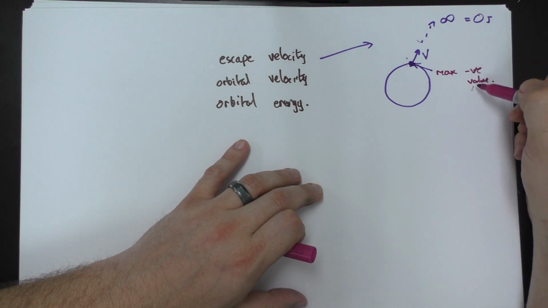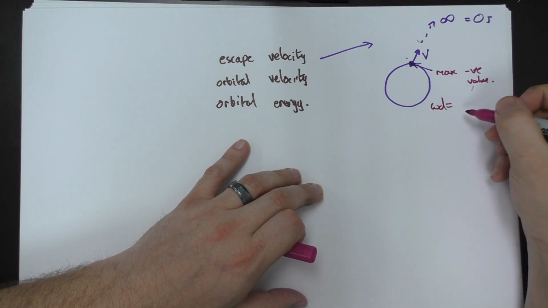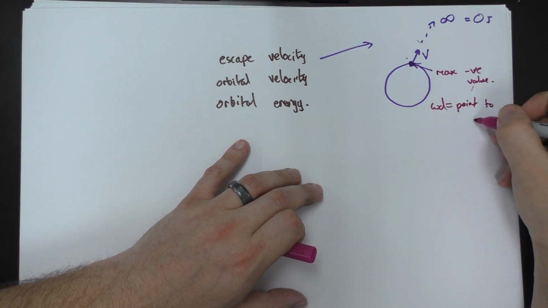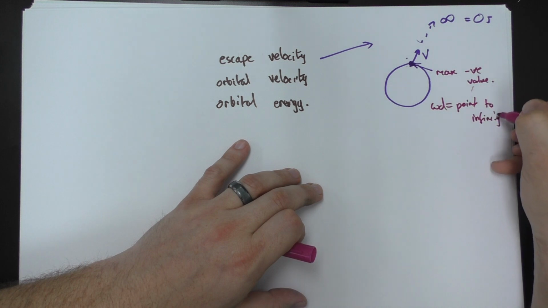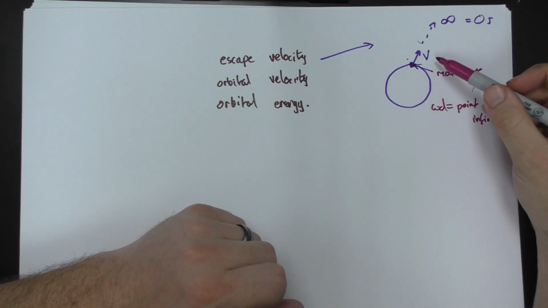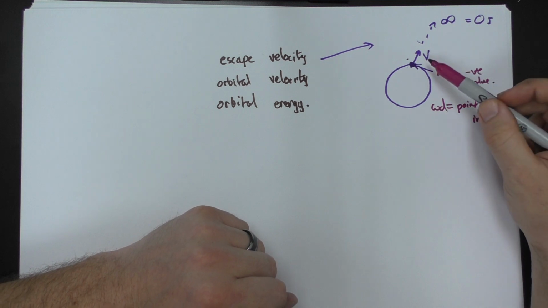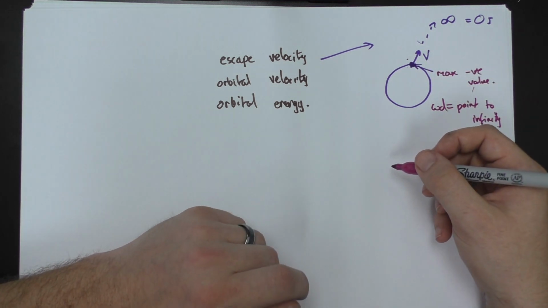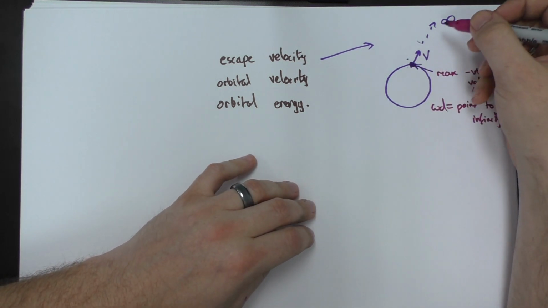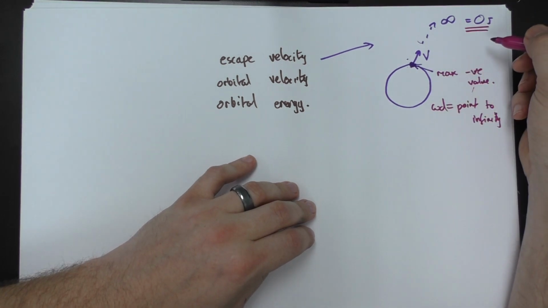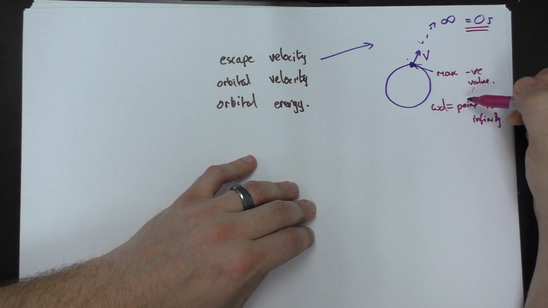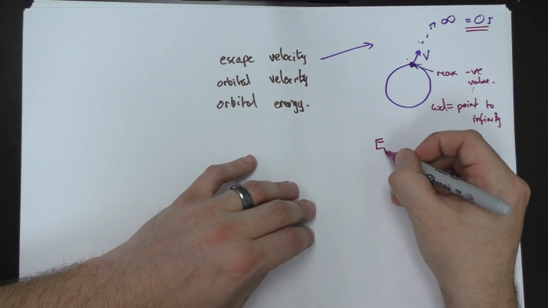So whatever this max value is, that's the amount of work done you'd need to put in to move it from that point to infinity. But we're not talking about work done here, we're talking about a velocity. So let's start deriving and let's think about the kinds of equations that we might put in here. Well, in order for it to get up to this value here, we've got to have a value that's equal to the max GPE or potential energy here. So the equation for that is